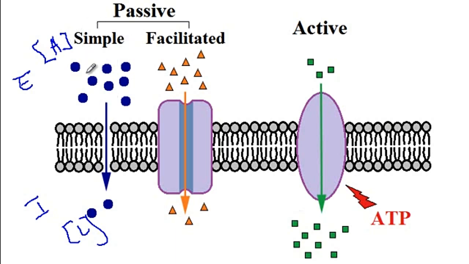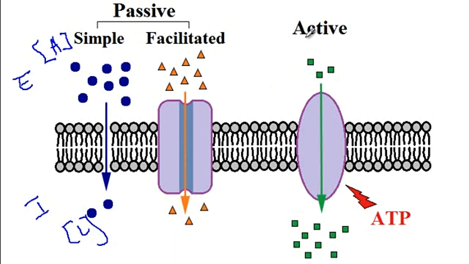Simple diffusion, where the molecules simply diffuse across the plasma membrane, or facilitated diffusion, where there is a plasma protein that acts as a channel and facilitates the diffusion of molecules, again from area of high concentration to area of